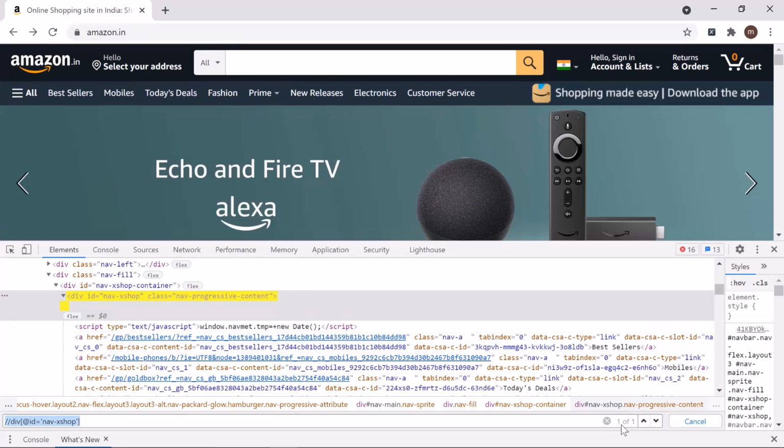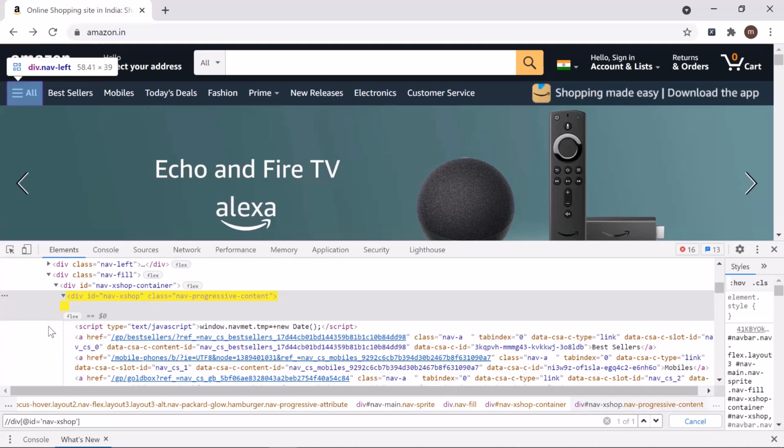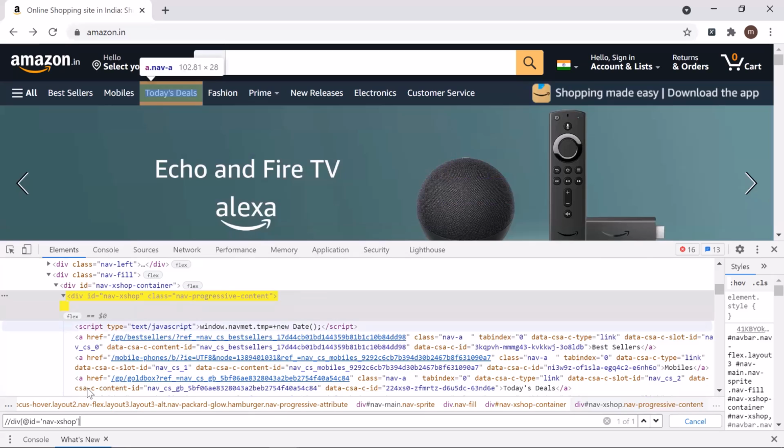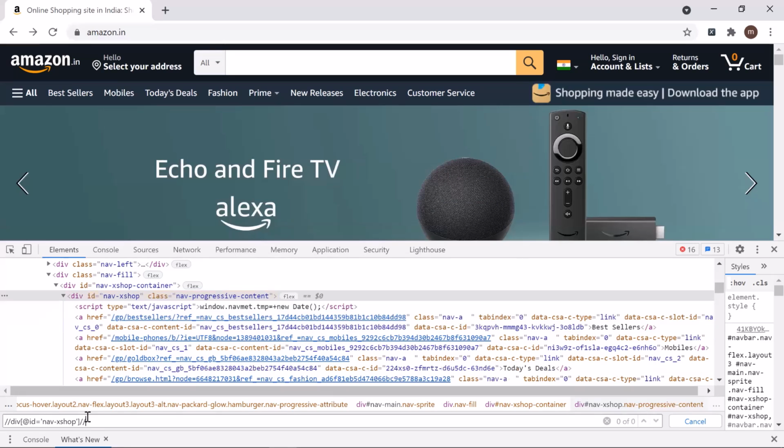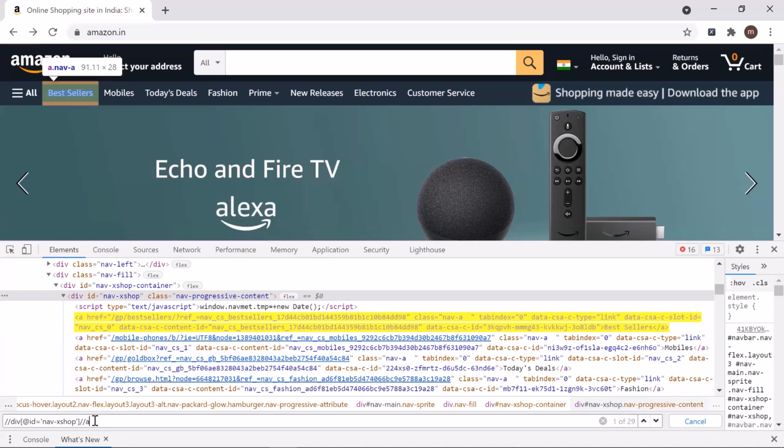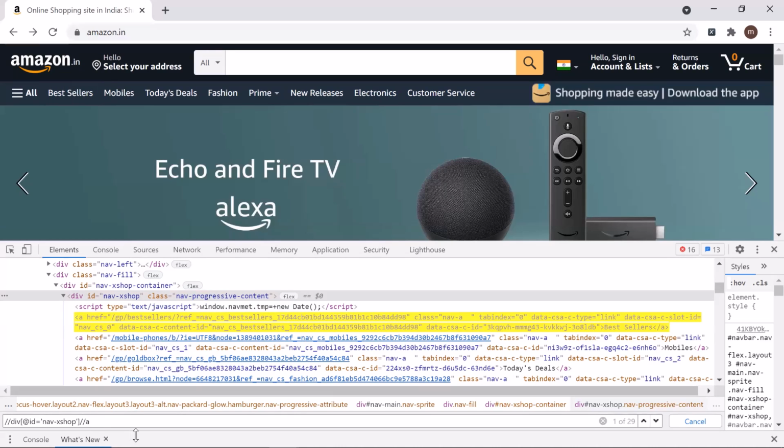You can also see that it returns only one result with this XPath, which means that the XPath which we have created is uniquely identifying the object. So we are done with identifying the div tag. Now the next thing is to identify our original web element on which we want to perform click operation. As our web element is an anchor object, so we can type / and then the tag name.